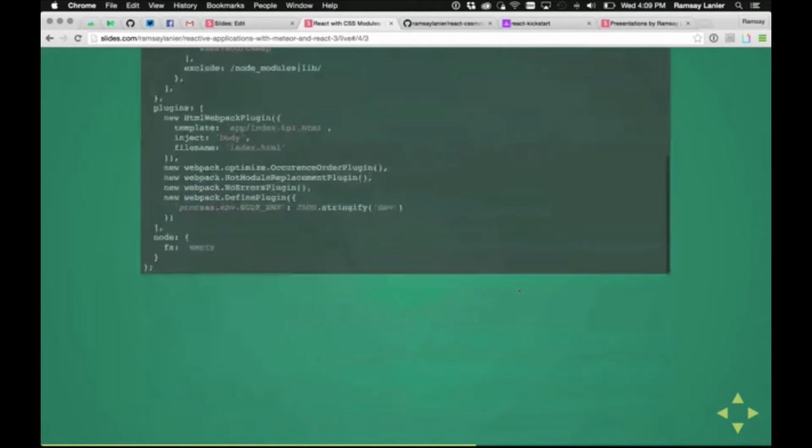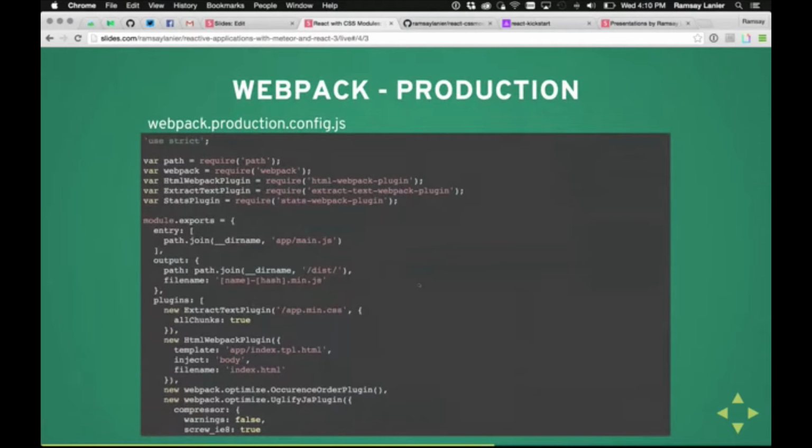And then on production, there's a slight difference. The way this works in development is it's going to inject a bunch of style tags right after the opening body tag. So you're not going to get a CSS file. What we do want in production is we want it to generate a CSS file for us. So we can minify the CSS. You can possibly serve it through a CDN to cache it. It's not going to block loading. I mean, there's numerous benefits as to why we would want an actual CSS file instead of a bunch of inline style text, especially if you have a very large application.